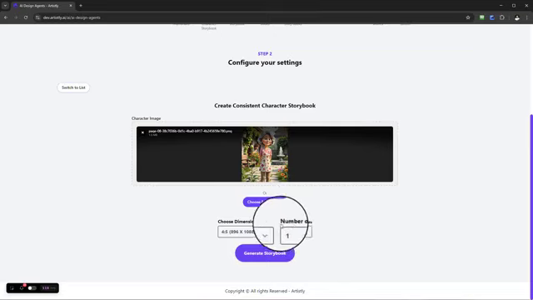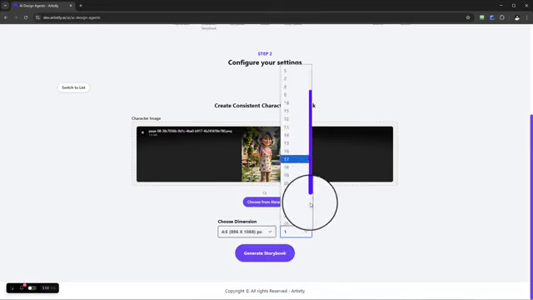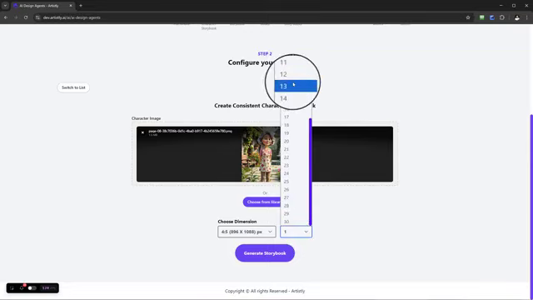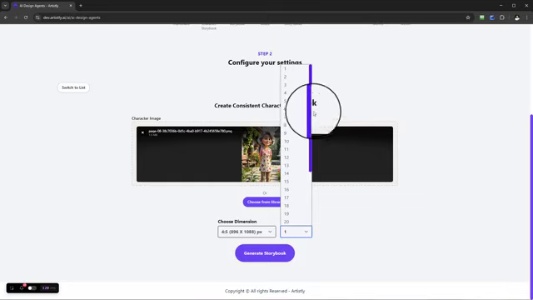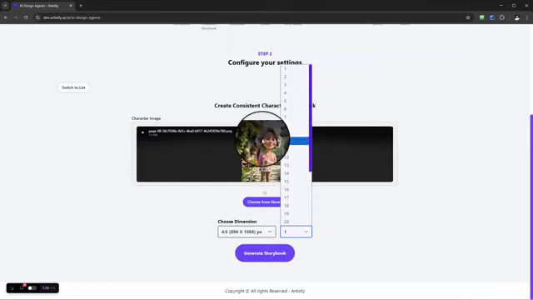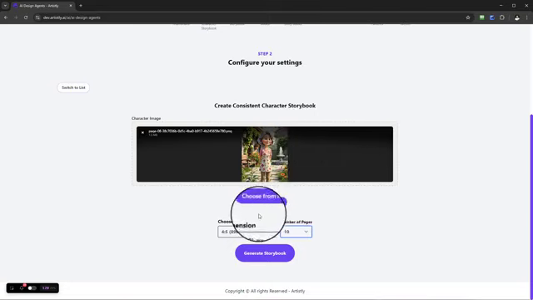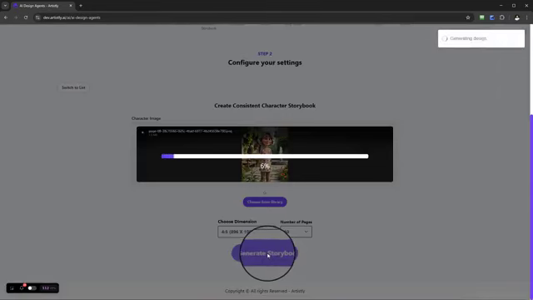Where it says number of pages, you can select up to 30 pages, and for each one essentially we'll have an image created for you, and this is all inclusive. It will create everything and actually do the production for you, of the character and the text. So let's select 10 pages. I'm going to select generate storybook, and now that goes through the processing